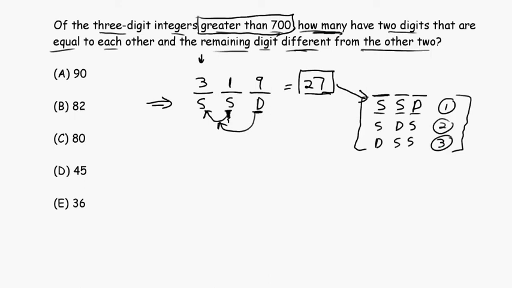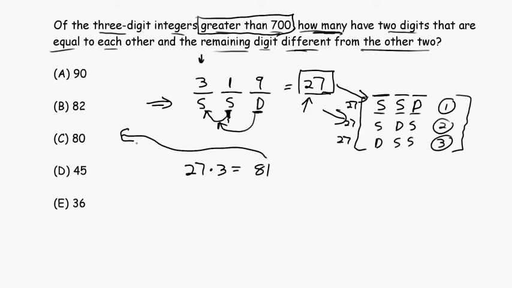But what you need to know is step 5, I now have to account for. Step 5 is to multiply this 27 by the number of ways I can have that, because each of these ways, this is 27 different ways, this is 27 different ways, this is 27 ways. So that's why step 5 is to multiply the 27 times 3, which gives us 81, which is, oh, not